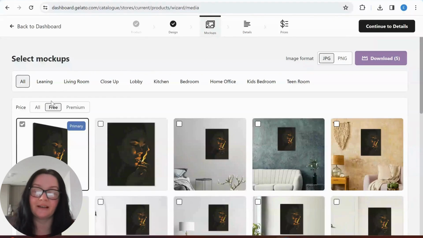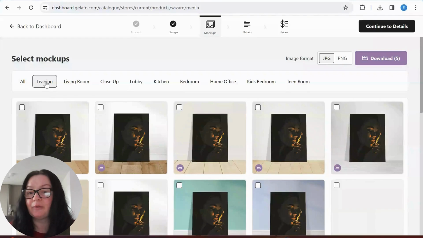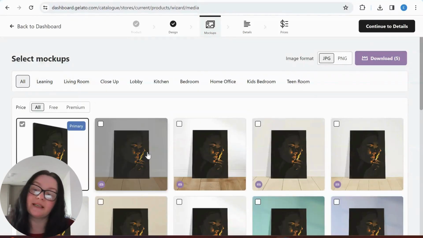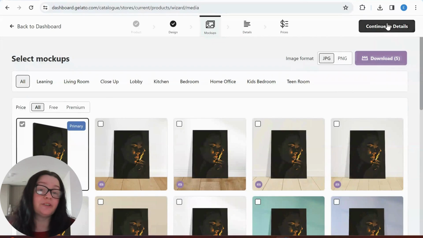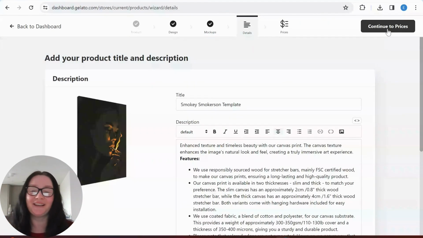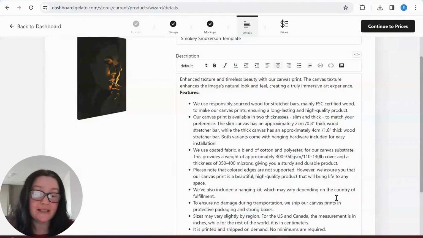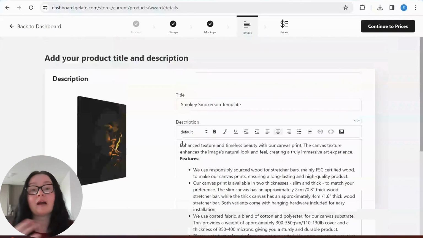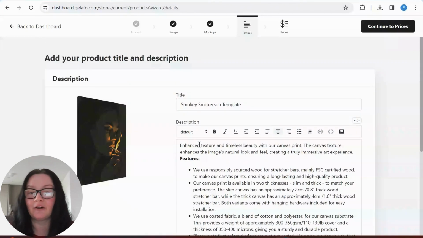But again, guys, it's very important that we do not mislead customers on Etsy. So you can do all these. And then we continue to details. Here is where you put your description. Again, just smoky. Guys, I actually don't smoke, but I just love this style of drawing. So basically, this is what Gelato gives you. I would keep this, but I would, of course, ask ChatGPT or create something on my own,